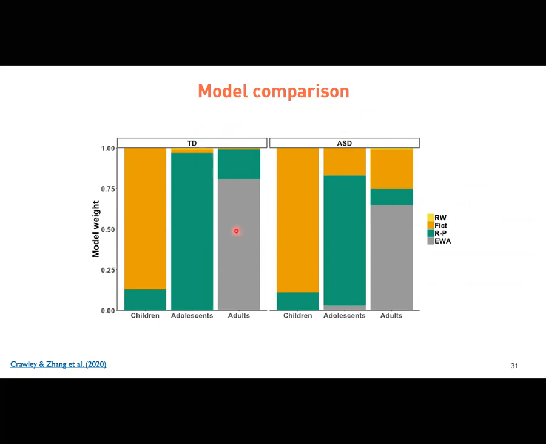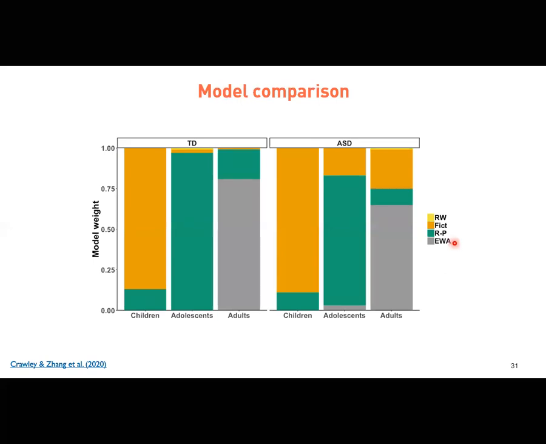Each column here, that's the age group. So children, adolescents, and adults. And children, adolescents, adults, same. And here in color, they are the different model identities. So I showed you the fictitious, this is the counterfactual update, RP is the reward punishment, and EWA is the